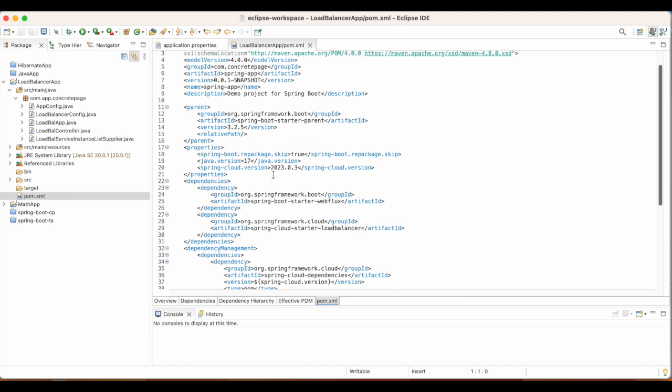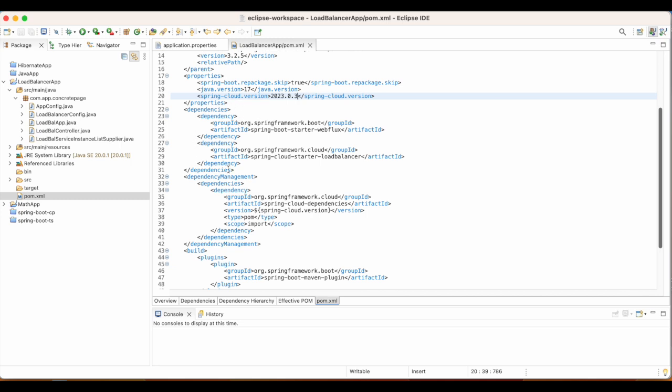Spring Cloud version is 2023.0.3, and Spring Boot starter is 3.2.5.